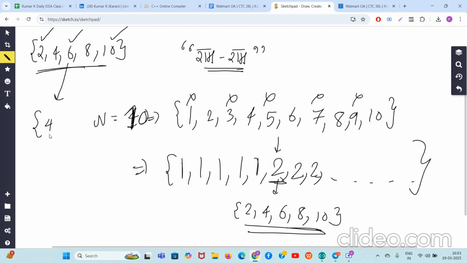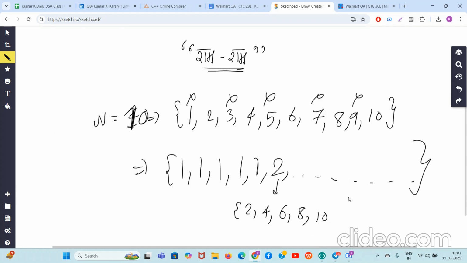But when you remove 10, what will be the leftover part? 2, 6, 10 removed, 4 comma 8. And guys, 4 comma 8 has a bigger GCD of 4. So again, if you remove the odd positions, then the leftover numbers will have a GCD multiplied by 2 of the current GCD. So here the 4 will come. Now in 4 comma 8, again I will remove the odd position, 4, so 8 is remaining. So guys, hopefully you have understood the answer now: the smartest thing to do is to always keep on removing the odd positions. This is a brilliant observation, by the way. So that's it, guys.